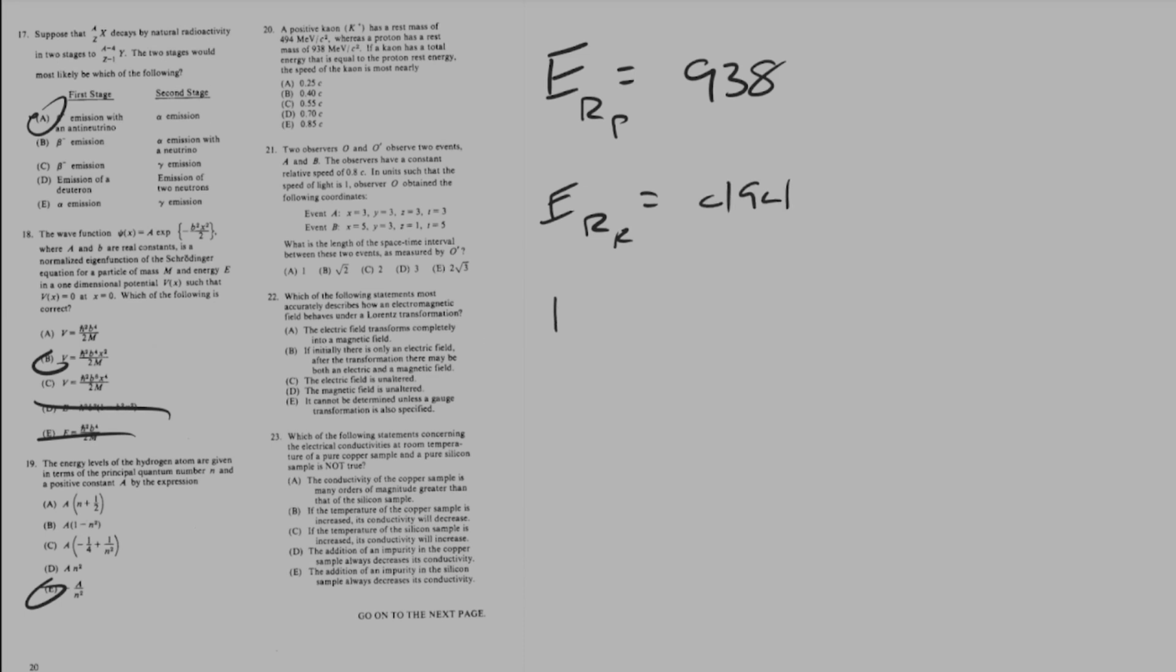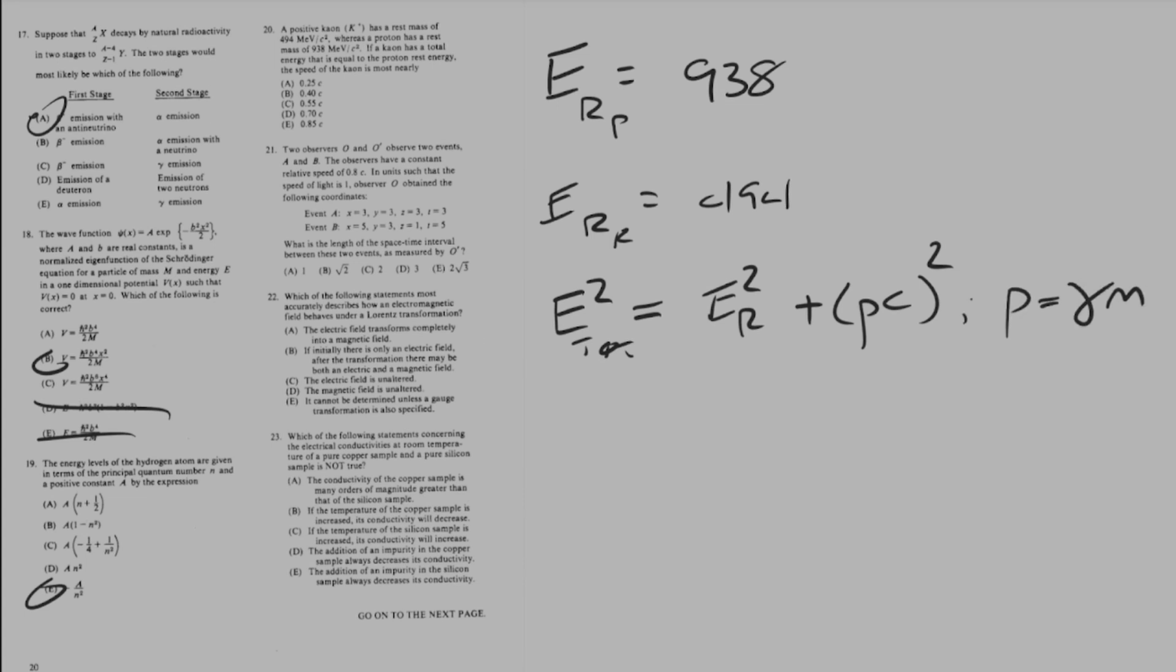494. You're going to use E squared total is equal to rest energy squared plus momentum c squared, where momentum is gamma mv. So if I want the total energy of the kaon to equal the rest energy of the proton, I could just plug that in and have that the rest mass of the proton squared is equal to the rest mass of the kaon squared plus gamma mv of the kaon c squared. Then basically you're going to plug and chug and solve for v,